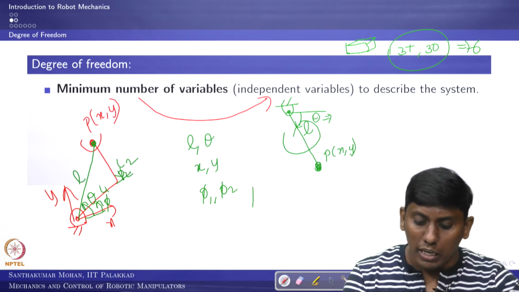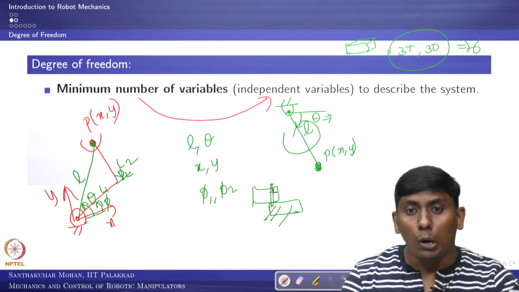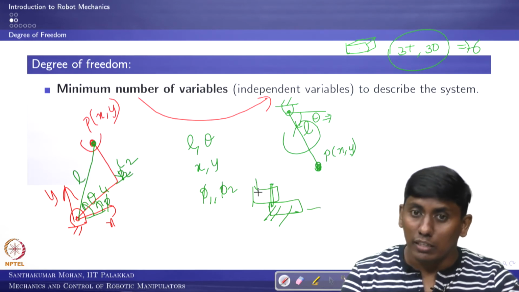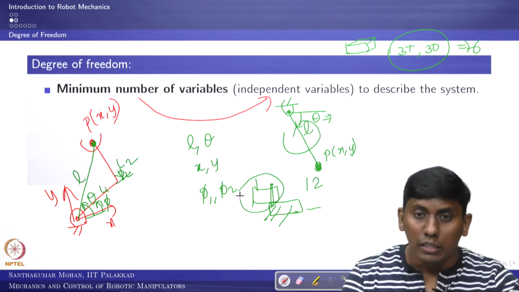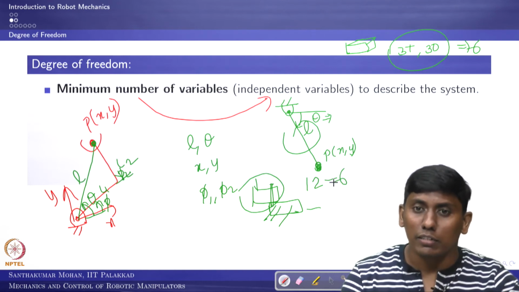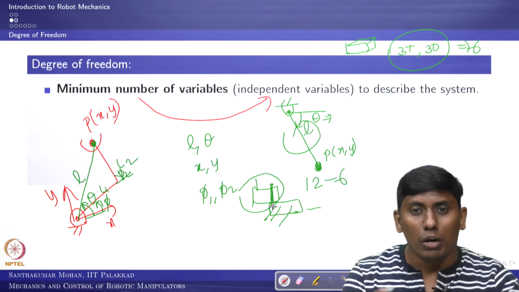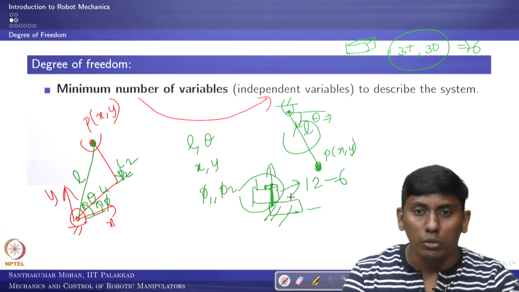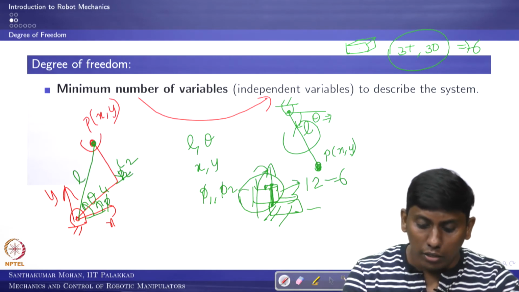Now I am taking one body and constraining it with another body. Okay. This is the ground, and I confine this with a pin joint. Now how many degrees are there? Ground is 1 and this is another one, so there are 2. So 6 plus 6 is 12, but this can move only one body, so another 6 is subtracted. Further, this particular pin joint will allow only one rotation. It cannot come out, it cannot go out, it cannot go this way, and it cannot rotate independently.